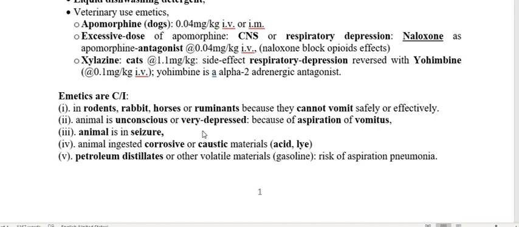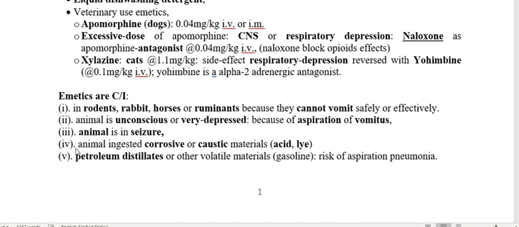As well, we are not going to give emetics in an unconscious animal, or if the animal is very depressed. Why? Because when you give emetics to an unconscious, very depressed animal, there may be a chance that, because of the vomiting, the material will enter the respiratory passages, and the animal will die not because of the poisoning but because of respiratory failure, as the vomitus enters the respiratory tract. We also should not give emetics if the animal is seizuring.